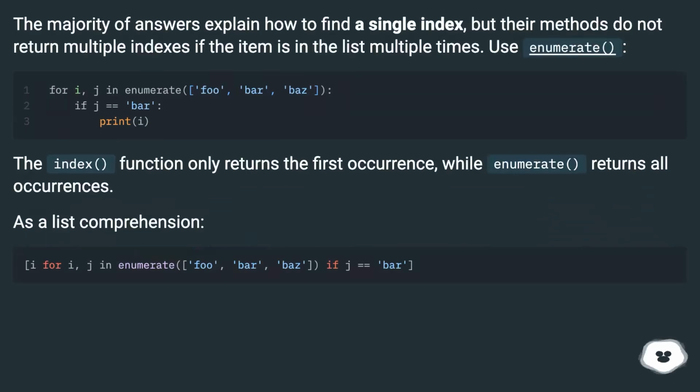The majority of answers explain how to find a single index, but their methods do not return multiple indexes if the item is in the list multiple times. Use enumerate. The index function only returns the first occurrence, while enumerate returns all occurrences. As a list comprehension,